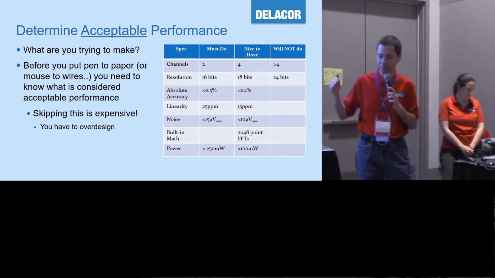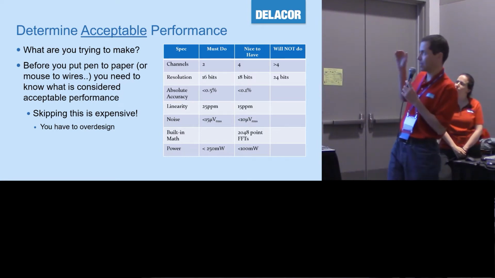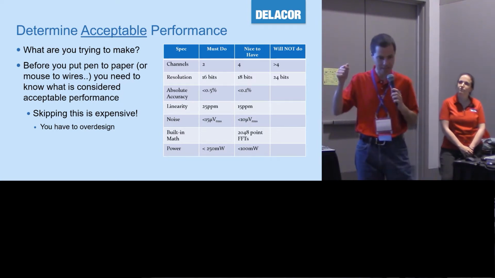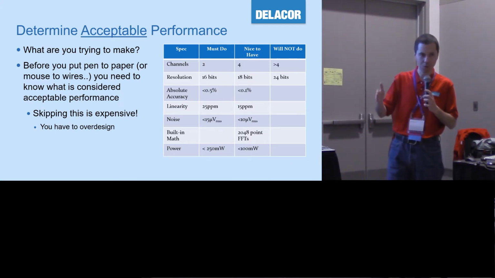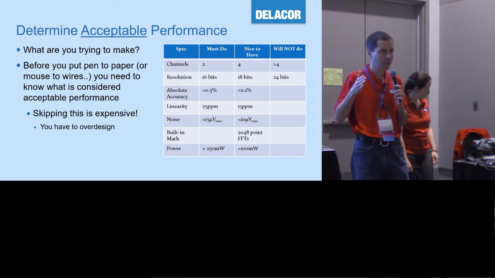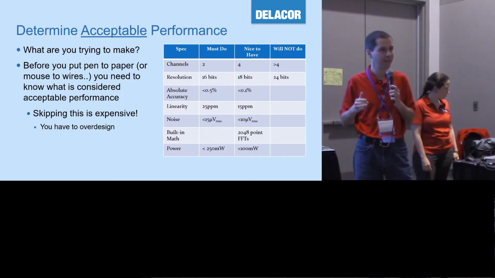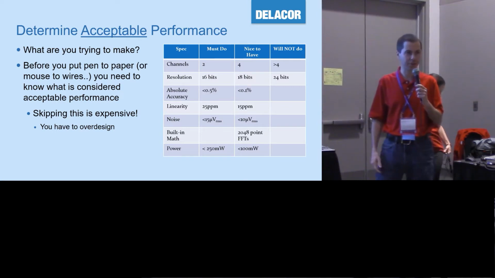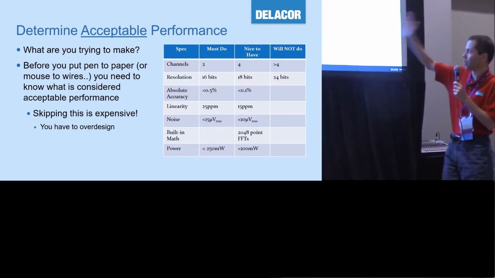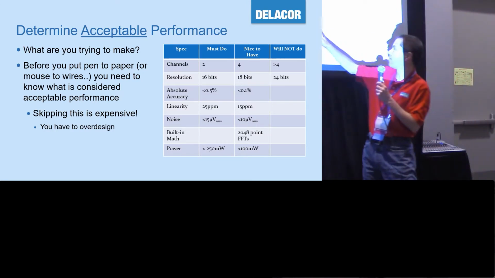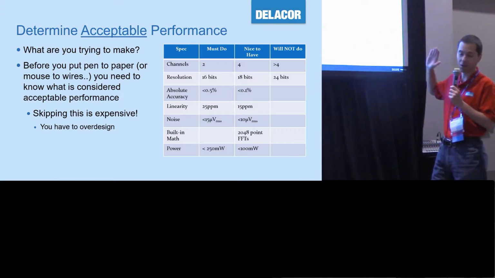Before you start designing anything or drawing any schematics, let's put it on a piece of paper and agree on what it is that we have to do at a minimum to consider that we've achieved the goal that we're after. At NI, they used to call this green, yellow, red when I was there. A green, yellow, red form. You have your things that you must do. If you don't meet these things here, you don't have a product. It's not even worth doing.